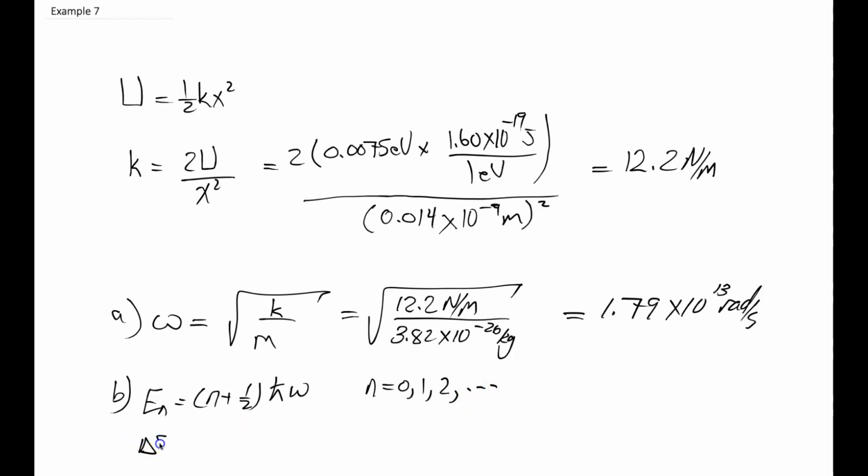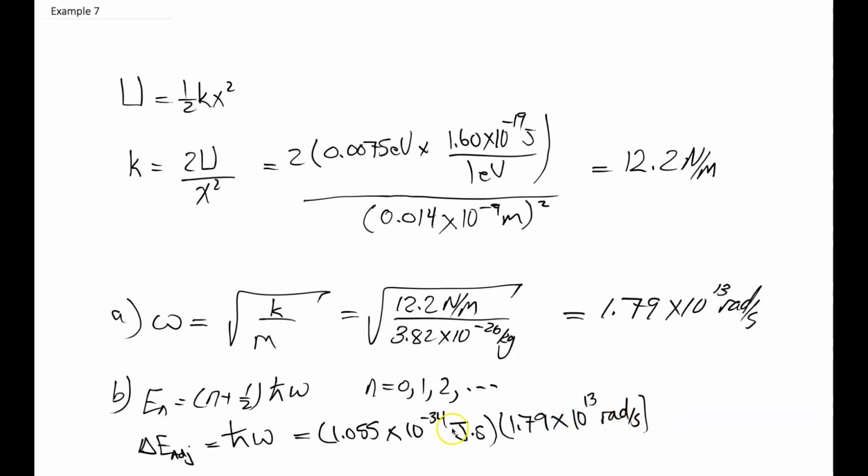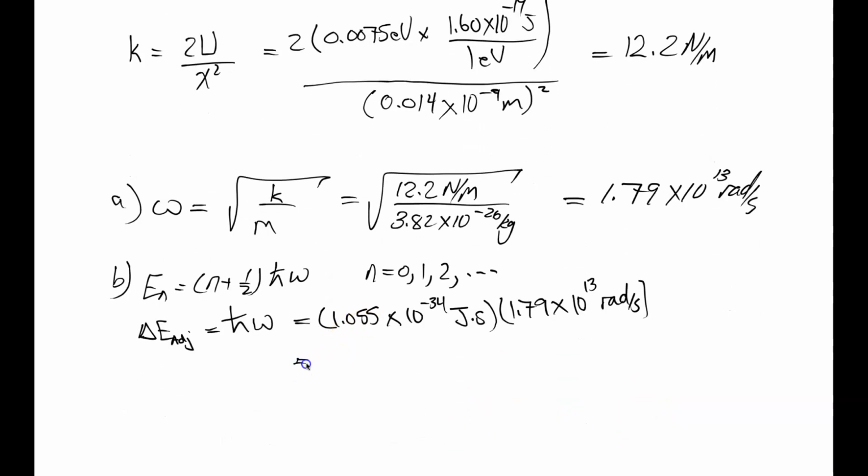So for two adjacent values, we notice that it's going to be just a difference of h bar omega, and plugging in the values of 1.055 times 10 to the negative 34 joule seconds for h bar times the angular velocity or frequency we just found of 1.79 times 10 to the 13th radians per second will give us an energy spacing